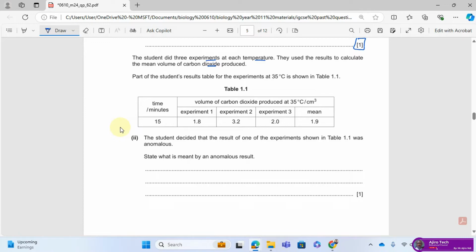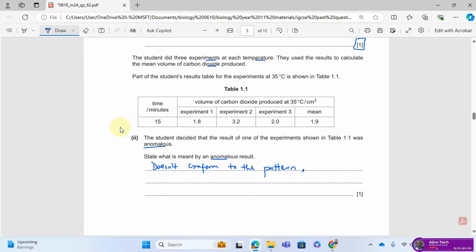that's the result. Now they said the student decided that the result of one of the experiments shown was anomalous. State what is meant by an anomalous result. When we say a result is anomalous, it means a result that doesn't conform to the pattern of other results, that is odd. That's just a result that appears odd or different